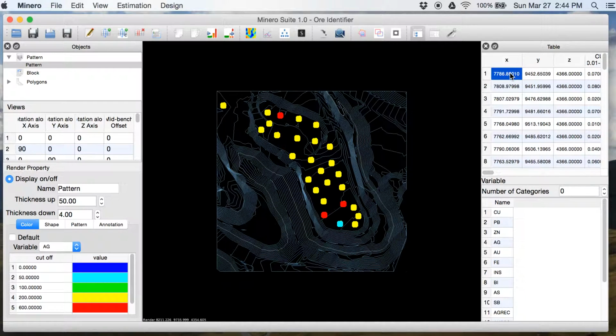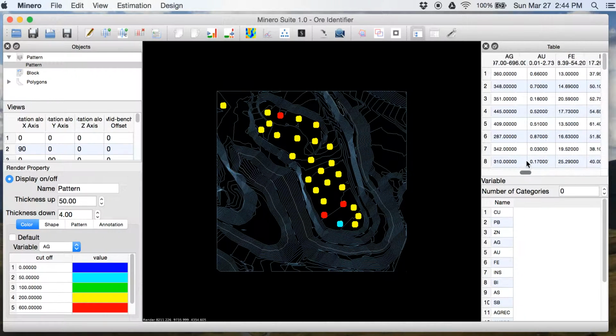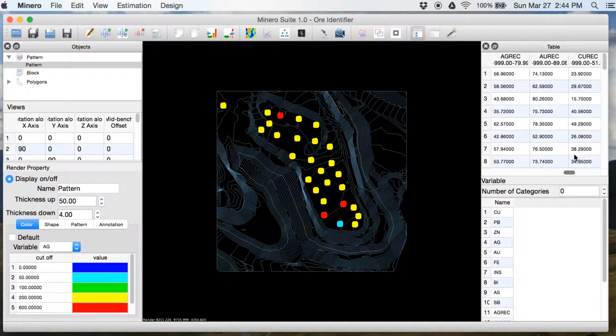This pattern.pat file has XYZ information, copper, lead, zinc, silver, gold, recoveries, and other elements. These elements are considered variables and can be computed in Minero.